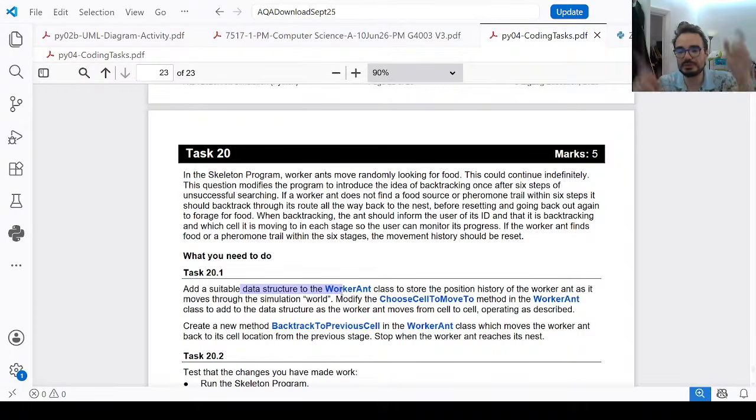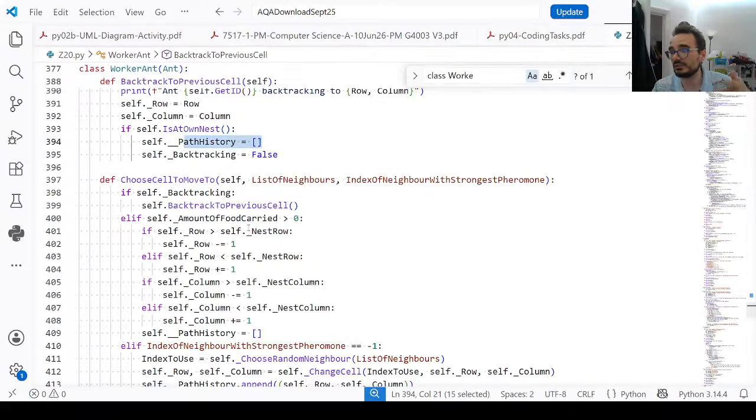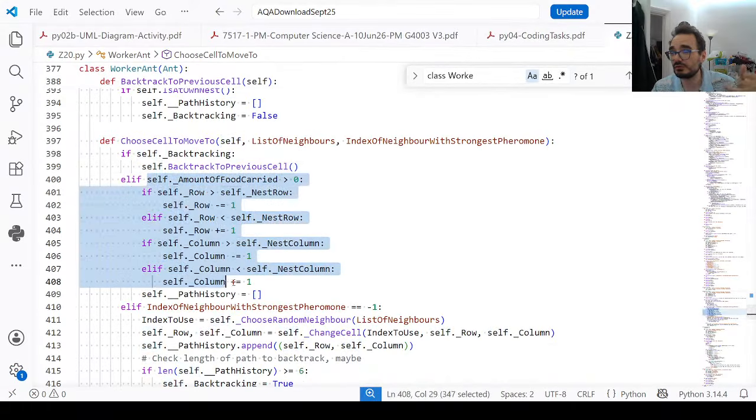The point behind your question is that Luna is making a suggestion that we could just chuck a number 1 in as the food carried, and then the workaround will just go straight up to the nest. The first step that would work, and then you would have to remove that one food in the simulation